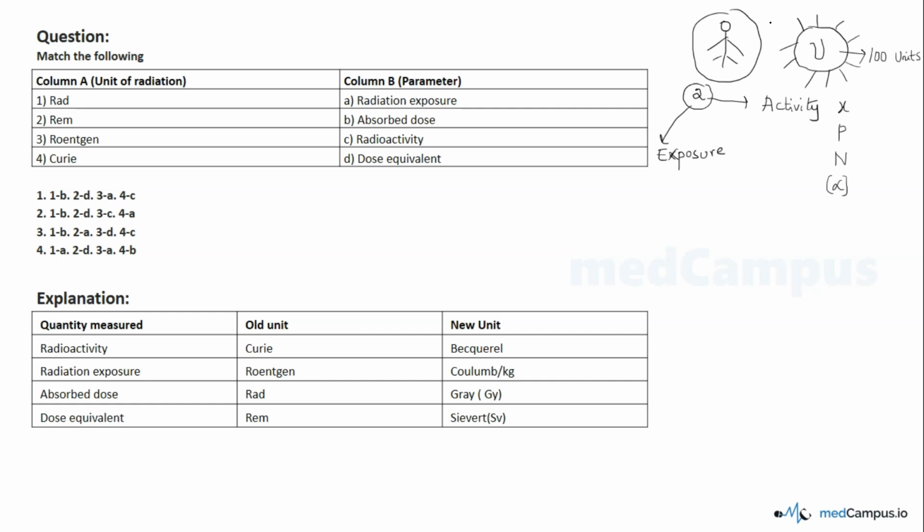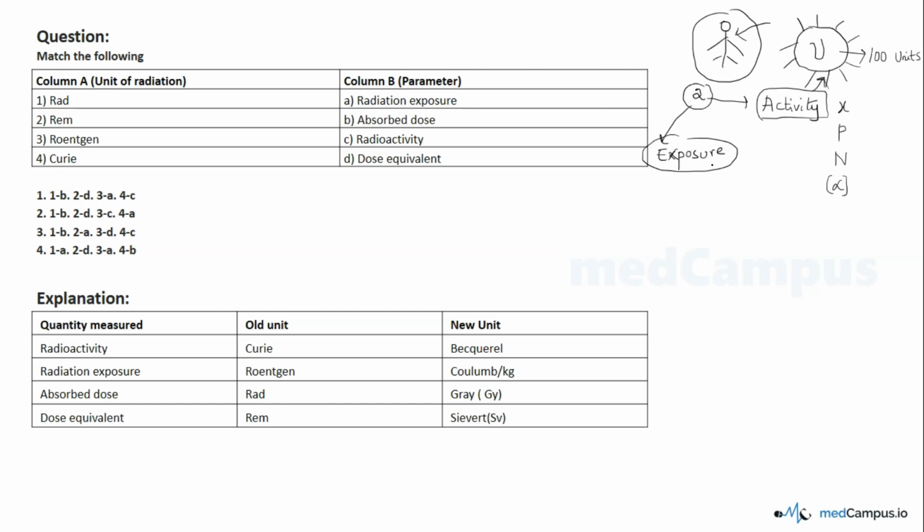You are not going to be exposed to all these 100 units. There is a limited amount of radiation to which you are getting exposed. If I want to measure the activity of uranium as a whole, I am looking at the total amount of radiation emitted by this uranium isotope, per kg. So this is radioactivity. Radioactivity is measured.